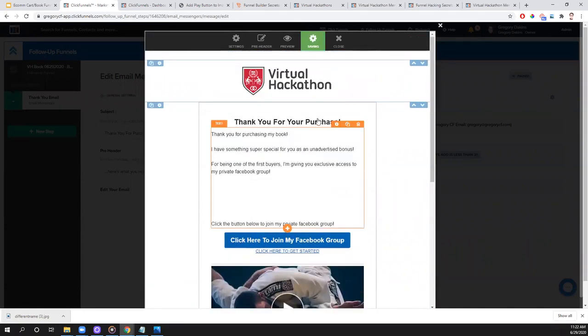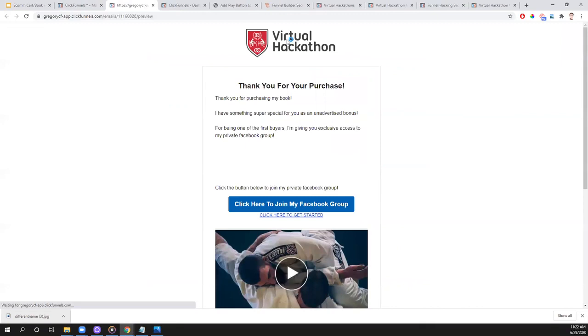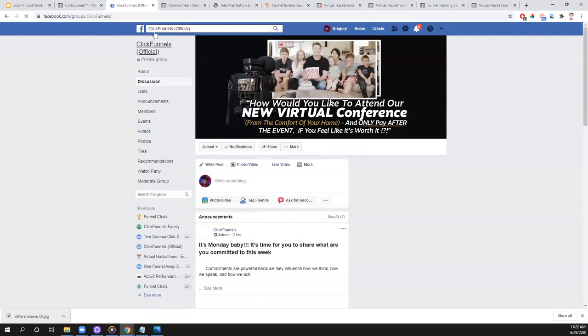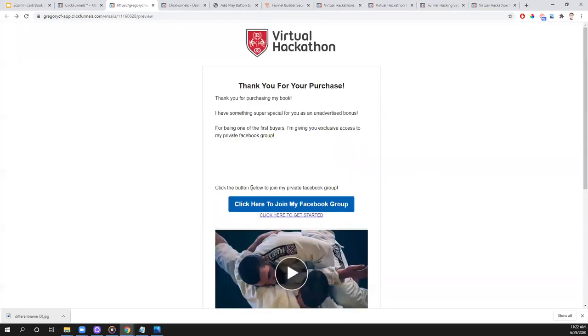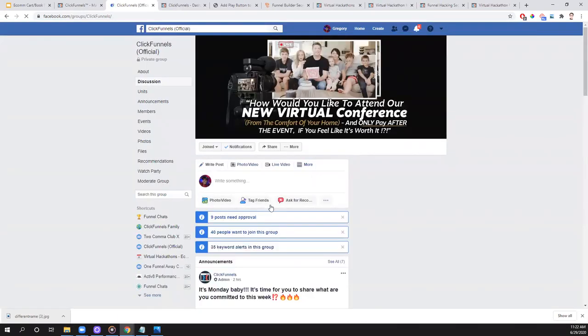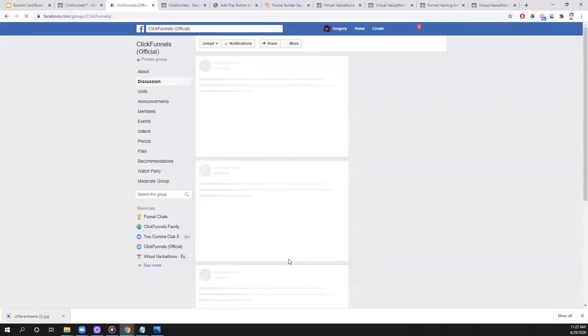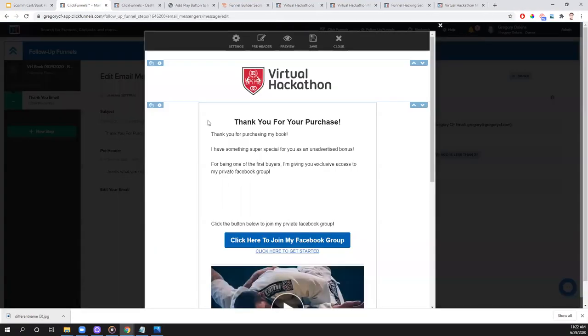We'll save this, then click on this preview button, and now we can test these links. We'll test the button. Hey, I'm in the Facebook group. We'll test the text link. Hey, I'm in the Facebook group. And the image link. Perfect. So we'll save that, close,